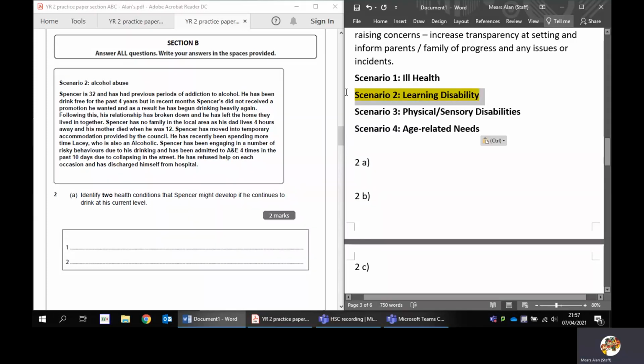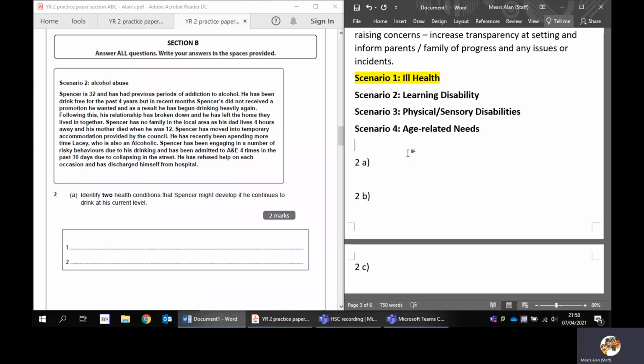This question, which is all about alcohol abuse, would be more likely to fit ill health. This would be where it fits really neatly. I'm talking about alcohol abuse. So let's take a look at the context, the scenario of what we're doing here. So we've got Spencer, who's 32 and has previously had periods of alcohol addiction. He has been